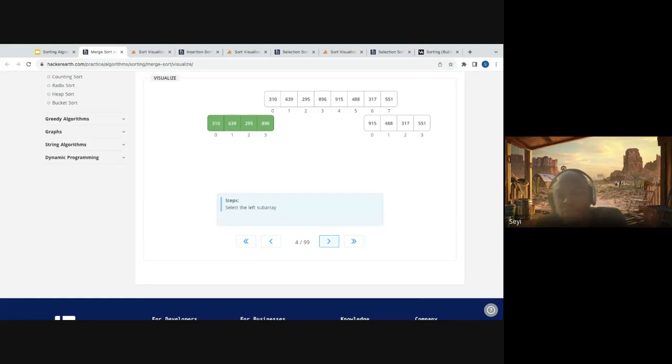I'll talk more about this in recursion. But when you have a tree recursive structure, or when you are doing recursion multiple times, you can only follow one path at a time and backtrack to the other paths. So now we follow the one on the left. We could have followed the one on the right, but we'll follow the one on the left.